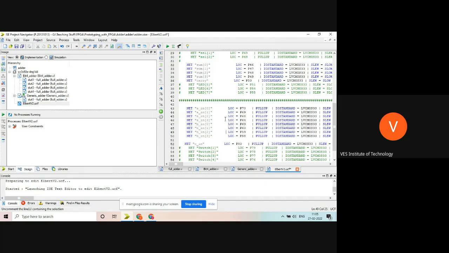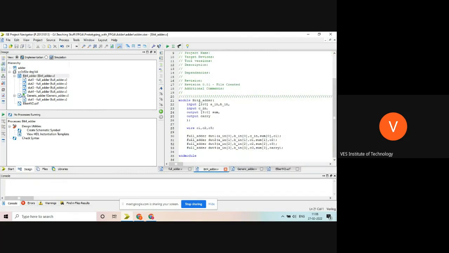So these will be switches. One switch I am taking from the push button. So this is a push button switch. You may try. So you may just synthesize that and it will work.